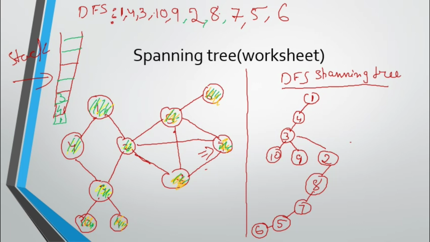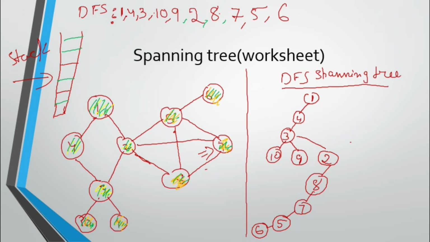Then come to 3. Okay, 3 all are visited, all vertices are visited, pop 3. Come to 4. From 4 all are visited. Okay, pop 4. Then come back to 1. From 1 also, of course, it is the starting one, you need not write it in the stack. Okay, I added it later on, no problem. From 1 you cannot go anywhere now. Okay, so pop 1. So now the stack is empty, which tells the algorithm to stop.